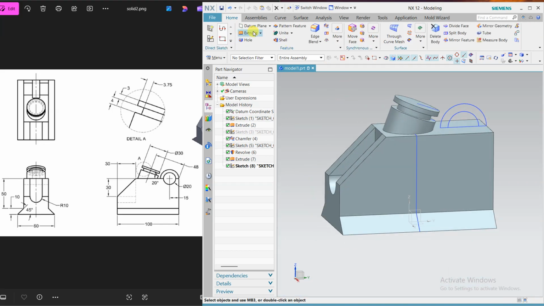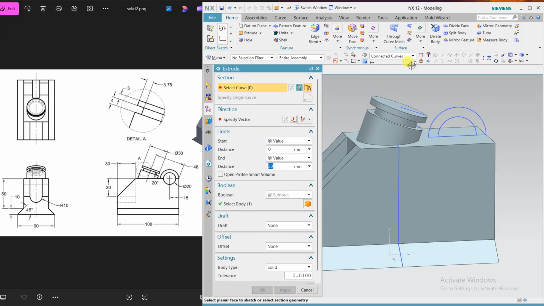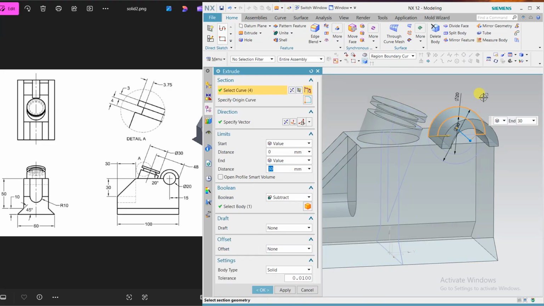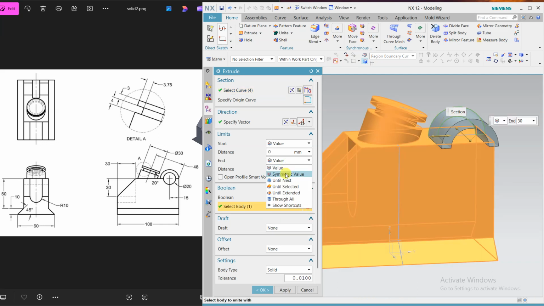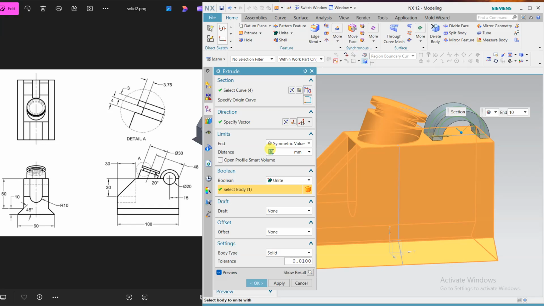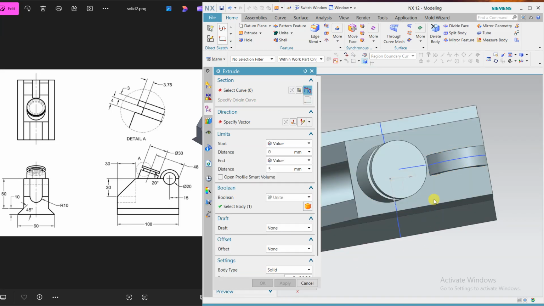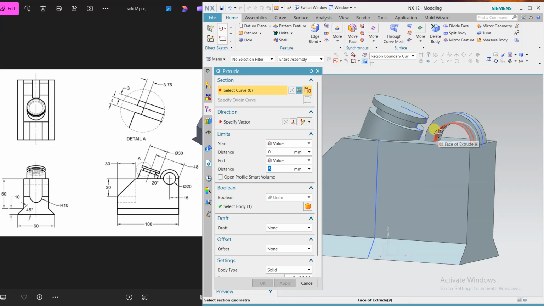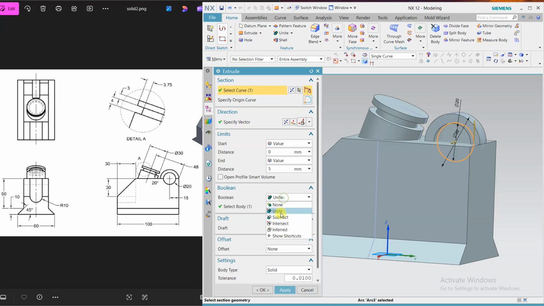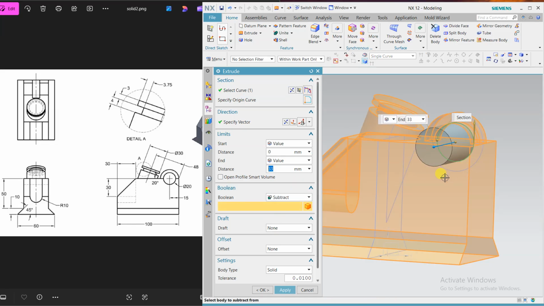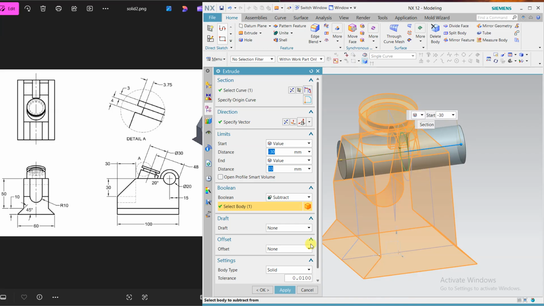Now extrude and select this region, and it is not given anywhere, so I use unite with symmetric and 10, half of 10, 5, right, okay. One more thing, the smaller circle is still here, so click here and single curve. The single curve is this, and I want to remove it from this, so drag it and okay.